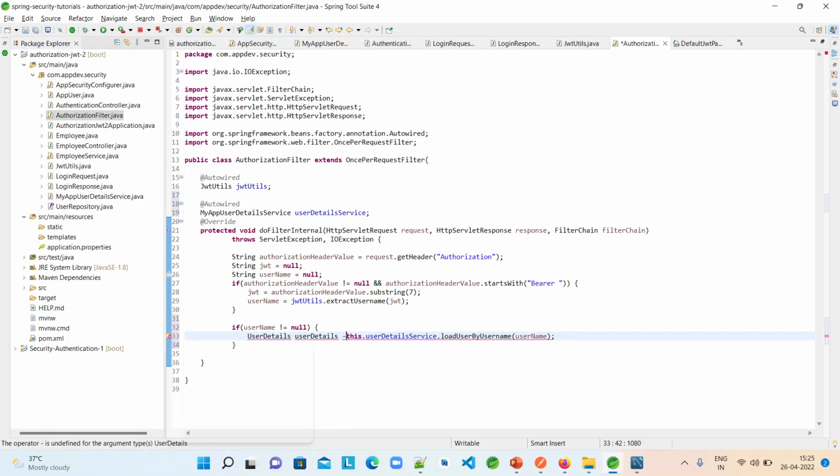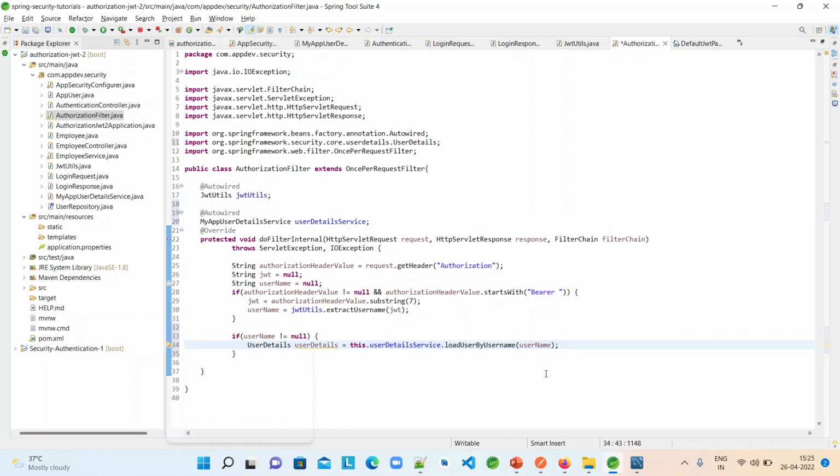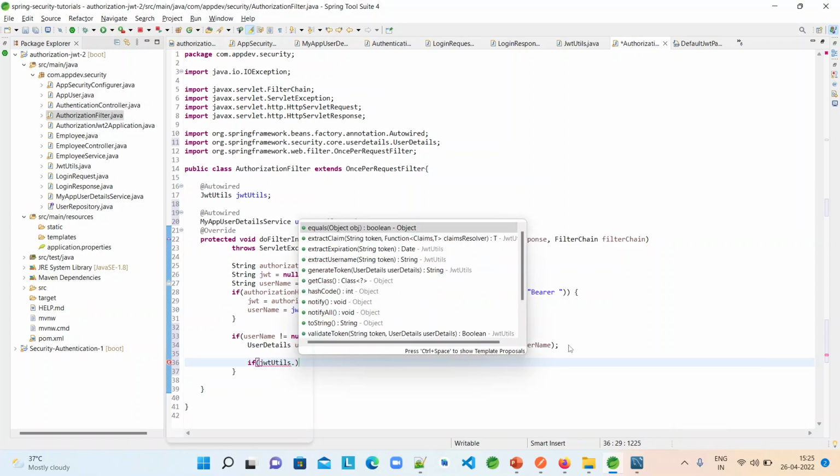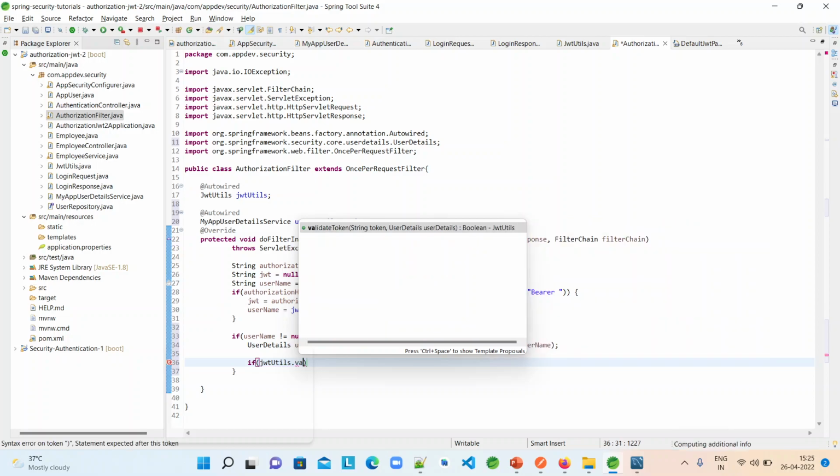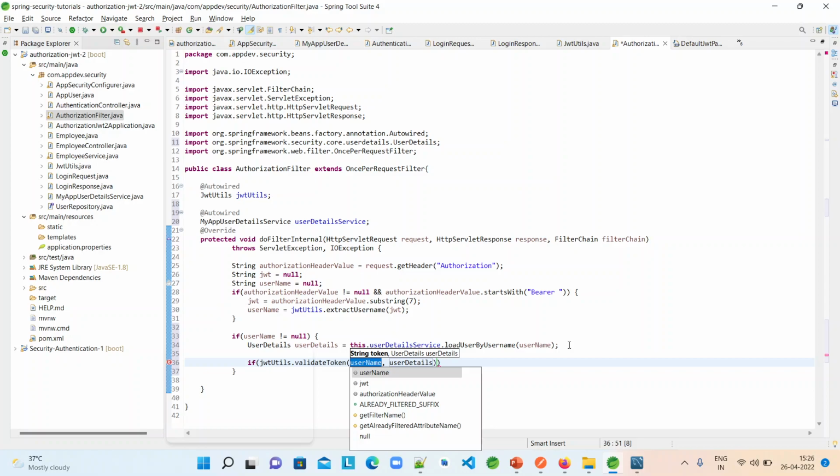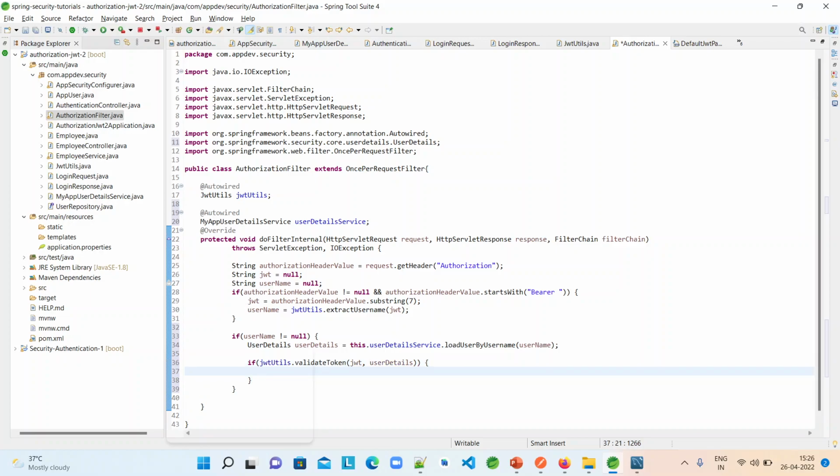Once we get the user details, we have to validate it. How are we going to validate it? There is a method available in JwtUtils which we have seen some time back, verify token or validate token. Yes, validateToken: we have to pass the whole token and also the user details. So we pass the JWT and the user details that we extracted from the database. If it returns true, only then we have to do something. What do we have to do? Because